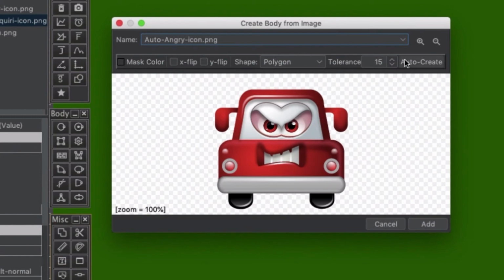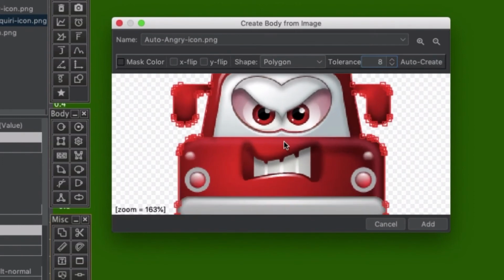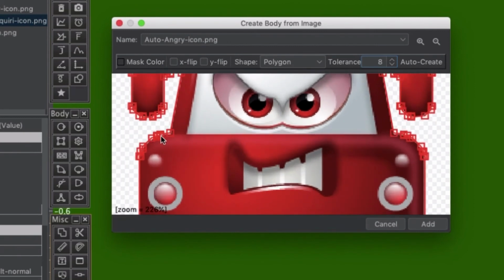Now you just have to auto create, and if I click on auto create, the outline has already been chosen. You can change the tolerance to make it finer. If you reduce the tolerance, it will be finer, as you can see on zooming.